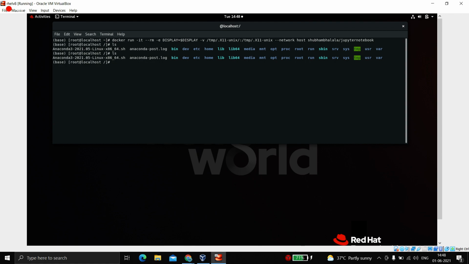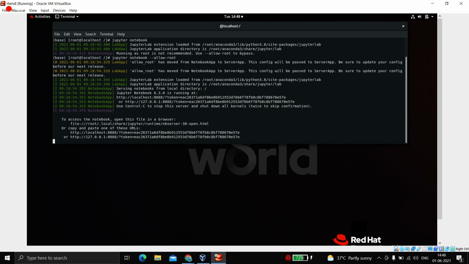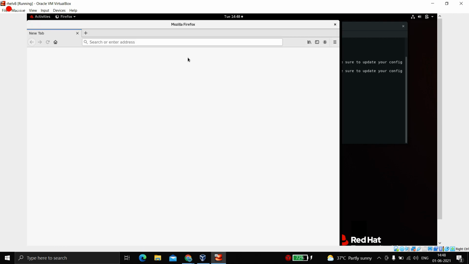Because we are inside the container but we are sharing resources just for running GUI applications. Now if I run jupyter notebook, which is a basic command for opening Jupyter Notebook, we will have the Jupyter Notebook running from the container, but we will see it on our Red Hat system. Just a minute, it will come up.